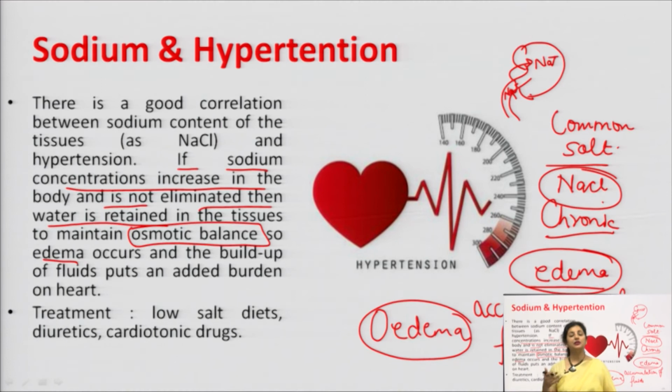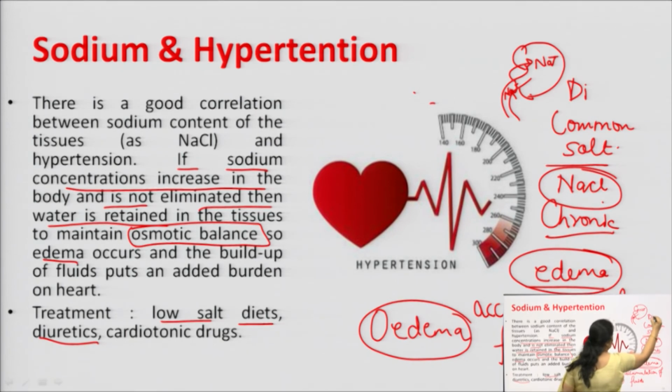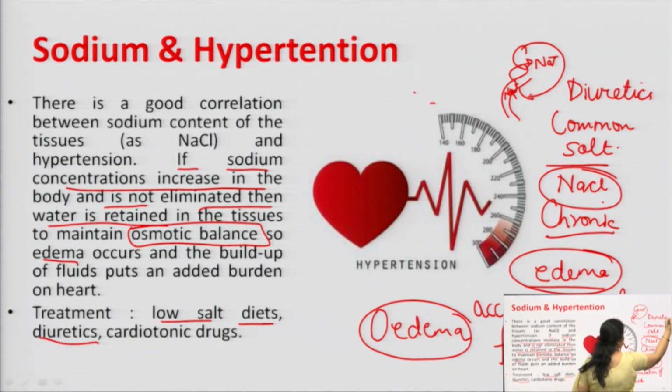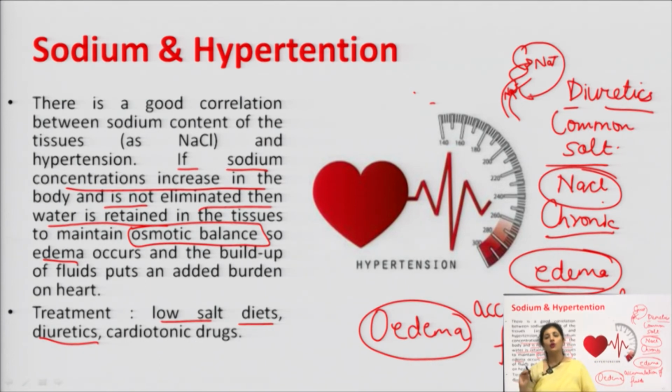So, what is basically the treatment? How can we avoid that? We can do the treatment by taking the low salt diet, means we are going to take lesser NaCl in the diet. We are going to take diuretics. You know what is diuretics? Diuretics are the agents which increase the volume as well as the frequency of the urine, right. They are going to do what? They are going to bring more urine to be excreted from the body. The more the urine is excreted from the body, the more sodium ion is also excreted along with it, ठीक है.